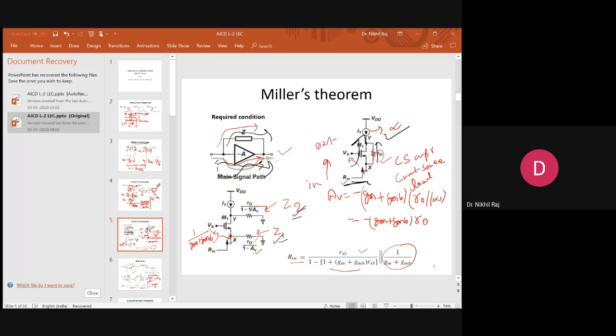So in this way, what is the advantage? If we need to calculate the effective input resistance seen, without going to the small signal, we can directly predict. From here, in this section 1 by Gm plus Gmb will be the effective resistance of the transistor, and then additionally Z1 will come in parallel to this value. So the total effective resistance I can directly write in this form, but the condition is you should know the gain. The gain we have already derived in earlier classes, that gain will be Gm times R0 parallel to Rd, but here Rd is infinite, so directly we can write Gm into R0, with a negative sign.